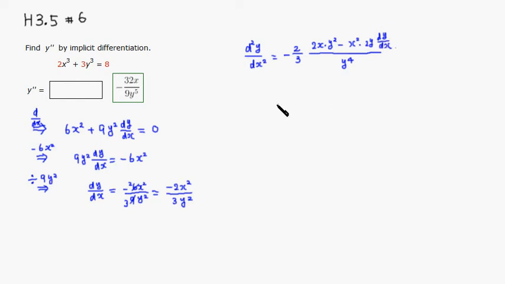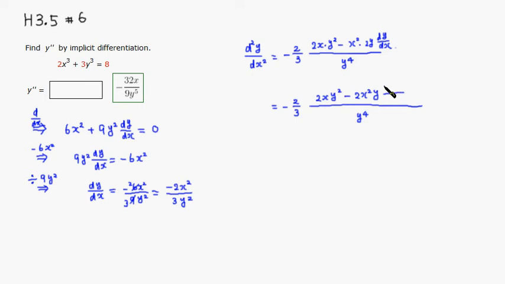Alright, so then we just need to simplify, so negative 2/3 is in front. Right, so y to the 4th is nice, so I'll just keep that. Right, so you have a 2xy squared, right, minus 2x squared y, but you need to multiply by dy over dx,